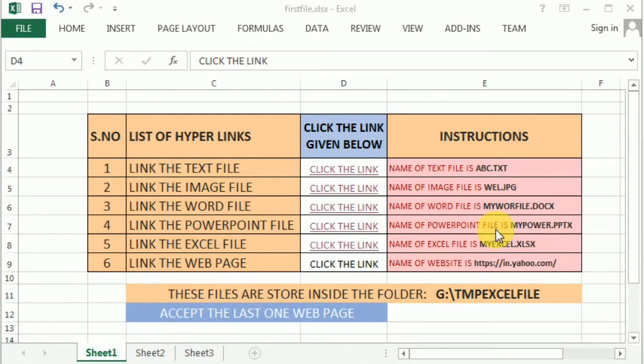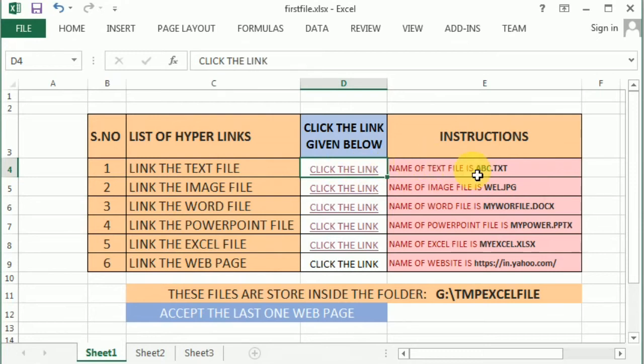Now you will see on your screen that I linked all the hyperlinks: the text file, image file, Word file, PowerPoint file and Excel file. And there is a line there. When I move the cursor to those links, it changes to a finger. You've seen this.